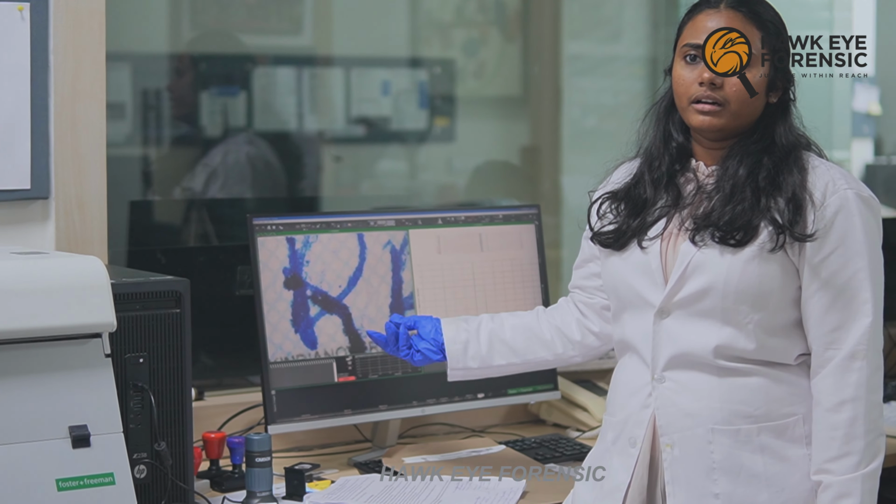The other instruments we use are transmitted light sources, which help to examine the watermarks and similarly the hidden features by transmitting light through the document. We also perform UV examination of documents to identify the fluorescent property of the documents. Any alterations can also be detected using the UV examination. So that's a quick look into how forensic examiners examine documents to identify the truth.